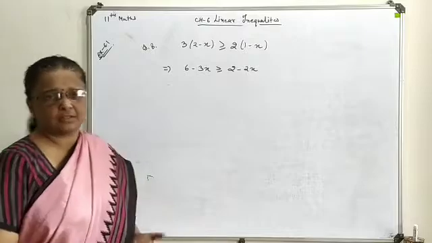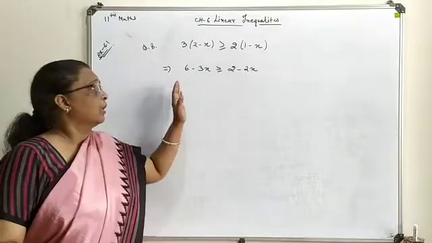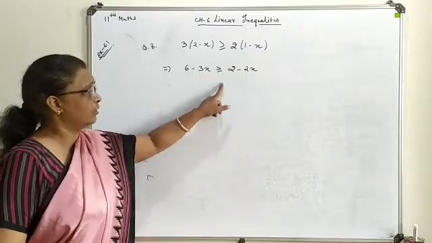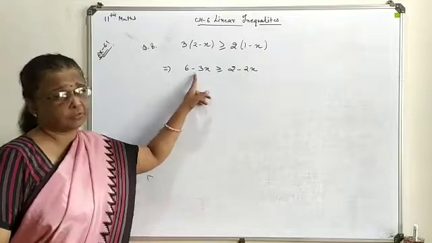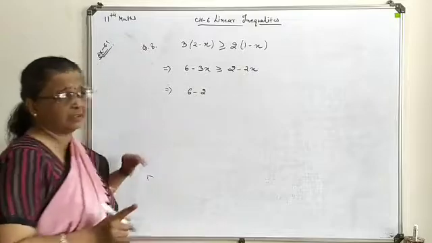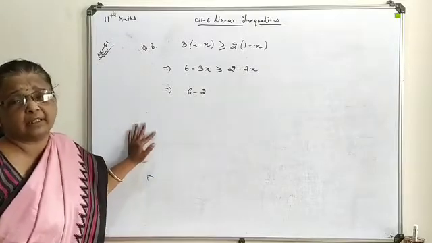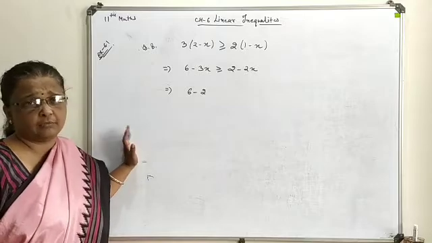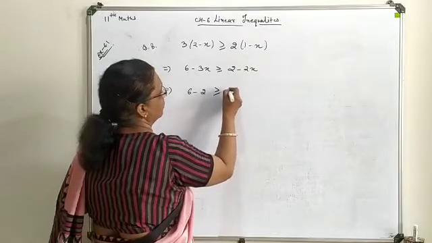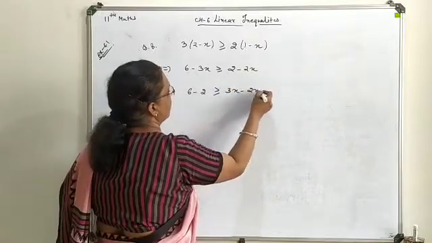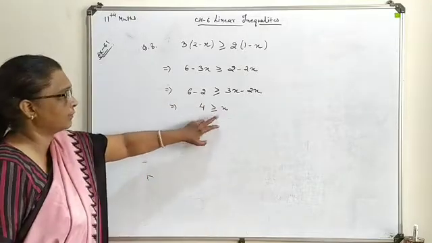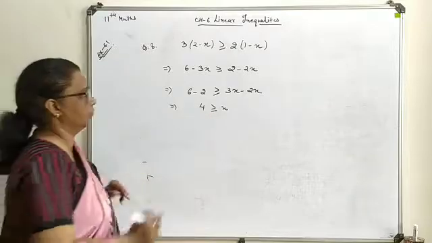Now here again, as in the last question, we keep the constant terms on one side and the variable terms on the other side. So this minus 3x you are shifting to that side and this 2 we are going to shift to the other side. So how will it be? 6 minus 2, and the sign of the respective term will be changed as we normally handle an equation: minus becomes plus, plus becomes minus, like that. So here this minus 3x will turn to 3x, this minus 2x stays as such. This is 4. So here you can see x is less than or equal to 4.